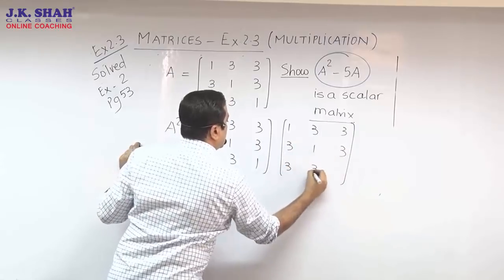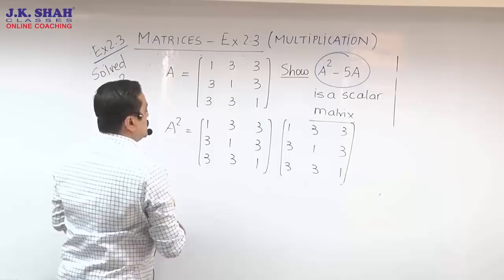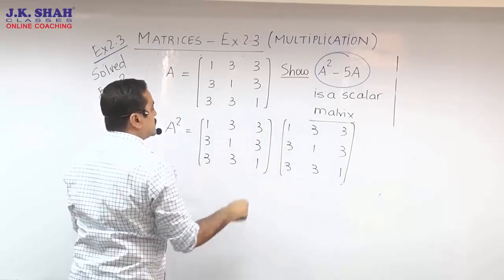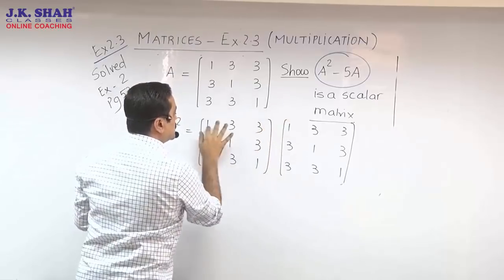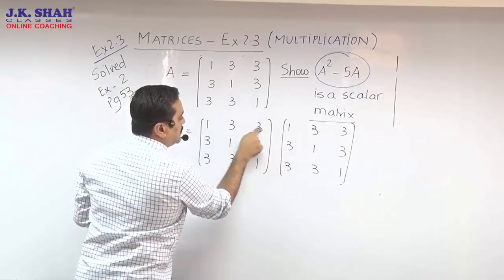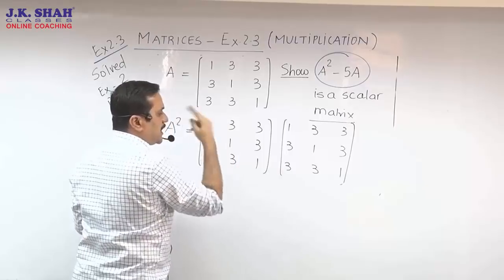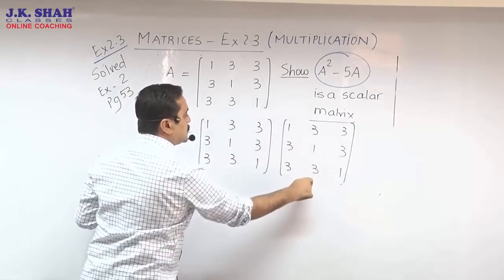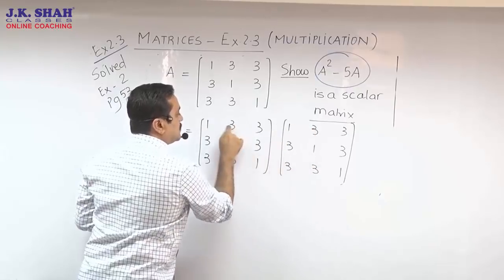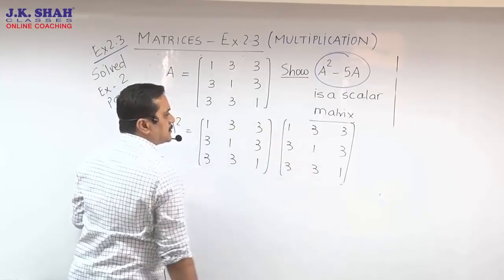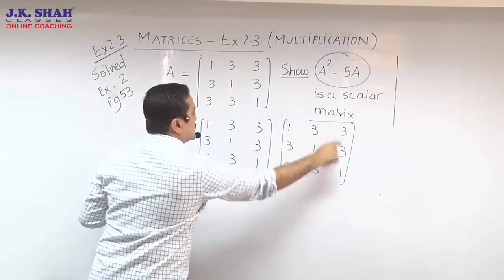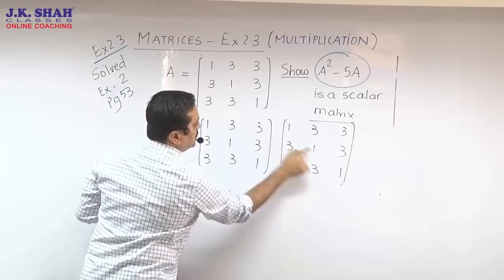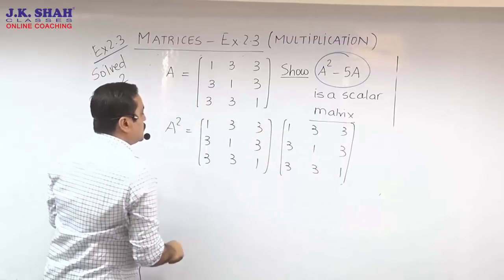Let me give you the start and then you pause it. So R1 C1 थोड़ा बड़ा है ना, तो मैं start देता हूँ, then you all start solving. R1 C1, so it's going to be 1 plus 9 plus 9. No, यहाँ पे I बहुत perfectly still रहना चाहिए. R1 C2 is going to be 3 plus 3 plus 9. R1 C3 is going to be 3 plus 9 plus 3.